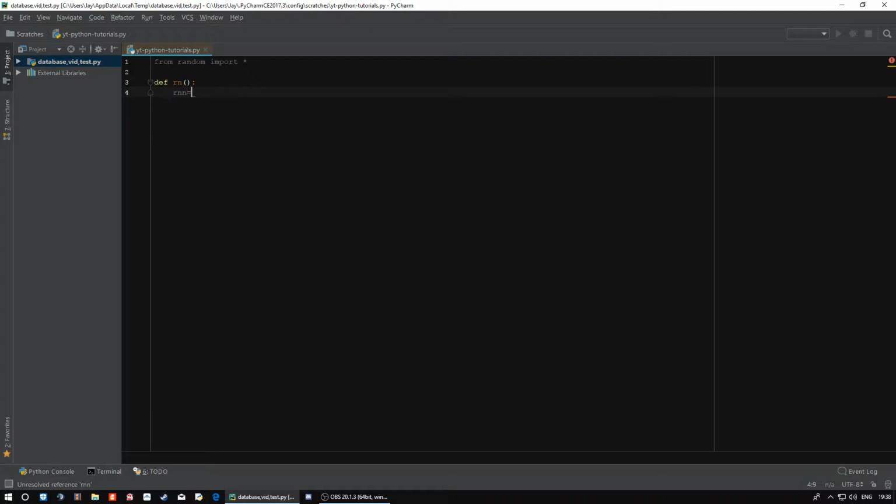I'm gonna call it Rnn is equal to randint, 1 to 100. Now I'm going to call this Rn1. And then define Rn2. Rnn is equal to randint